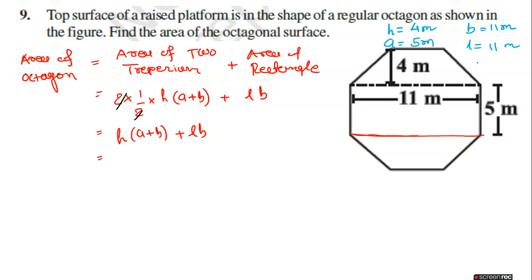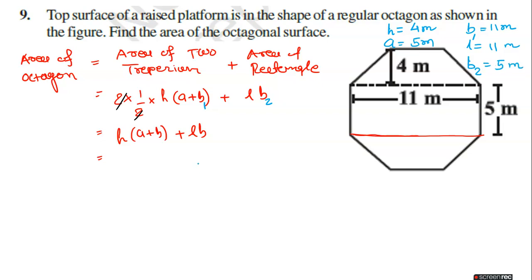And breadth again will come 5. Here you will be confusing this B and B, so I will write X plus Y. Otherwise you can write B1, B2. Different variables you can write; both variables should not be the same, otherwise you will be confused when substituting the value. So let me write b1 and b2, so that it will not be mixed up. b1 is 11 and b2 is equal to 5 meter.